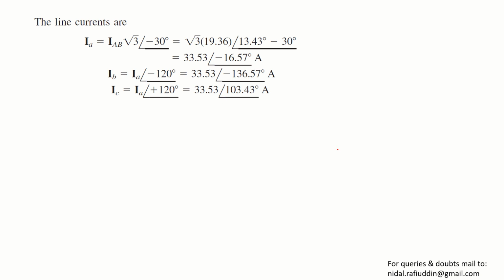मैग्नीट्यूड सेम होंगे, एंगल चेंज होगा बस। बैलेंस्ड है, मैग्नीट्यूड हमेशा सेम रहेंगे, एंगल में 120 डिग्री का फ़र्क आएगा। अब आई बी देखिए, यहाँ पे लाइन करंट हमने निकाला है तो 120 डिग्री आई ए से लैग कर रहा है, तो सिर्फ एंगल का फ़र्क आ गया, मैग्नीट्यूड सेम रहा। ऐसे ही आई सी आ जाएगा।